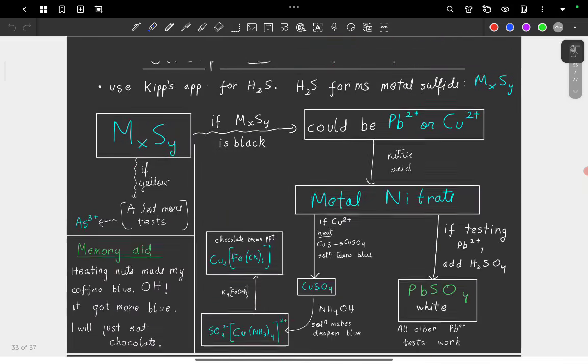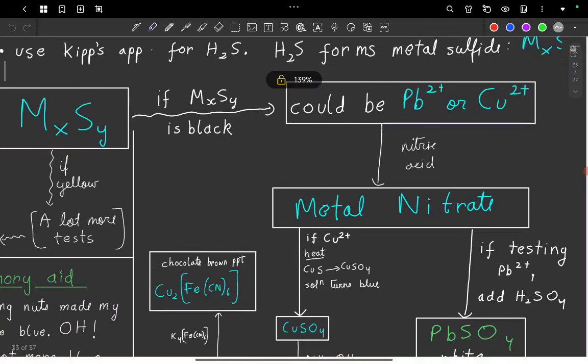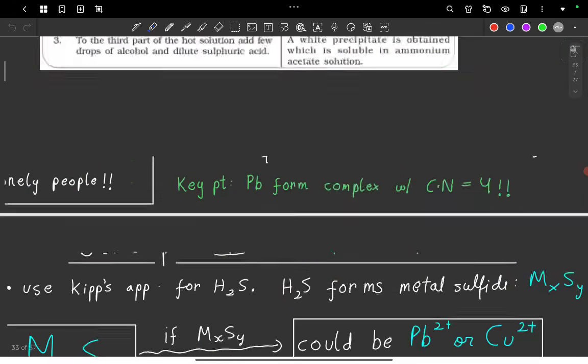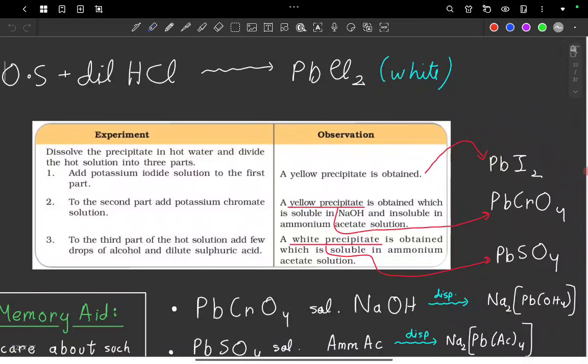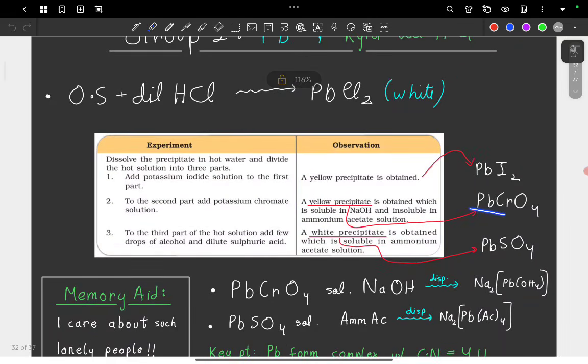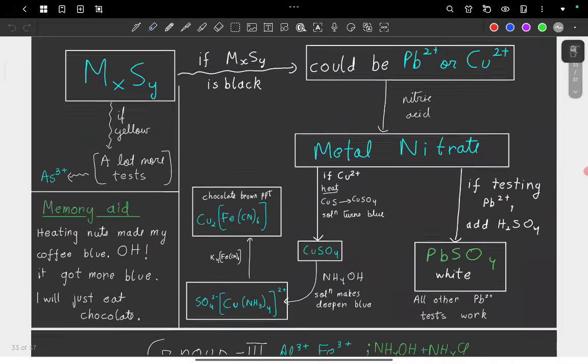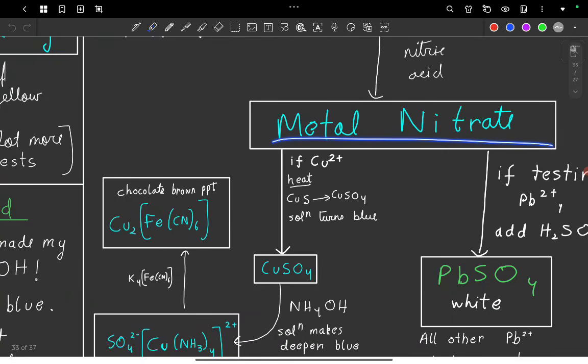They can also ask this in an MCQ, like if they form a question where you have a lead nitrate and then you react it with potassium chromate and it is soluble in NaOH, tell me which cation is present. So you have to say lead, because the lead nitrate can go through the same reactions as lead chloride. Okay, now, this metal nitrate, if you know that you are going to test for the copper